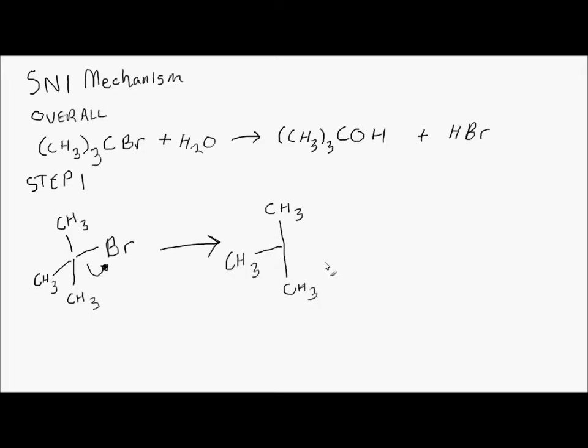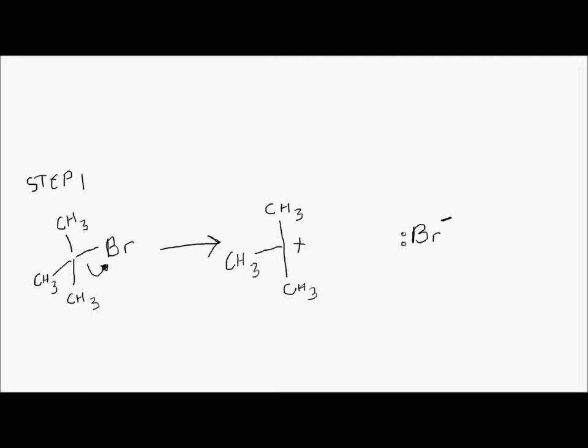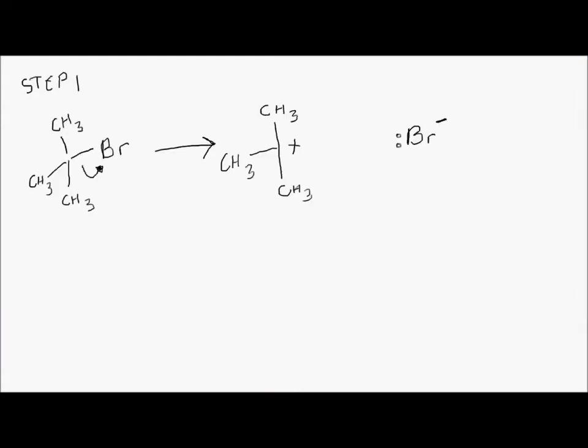So what we have going on here is the bromine leaves with its pair of electrons, and then you get this formation of a carbocation, which is a pretty unstable intermediate, which consists of a carbon that has a positive charge on it. And then the bromine is leaving with that electron pair. Okay, next